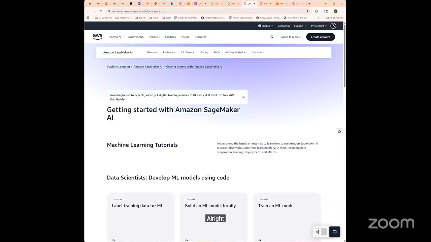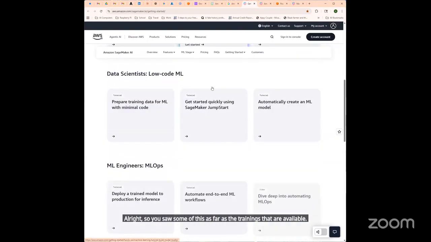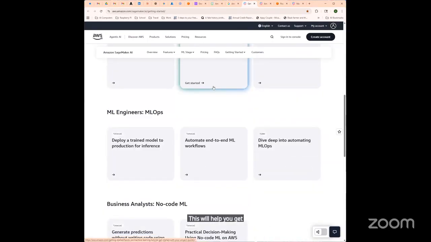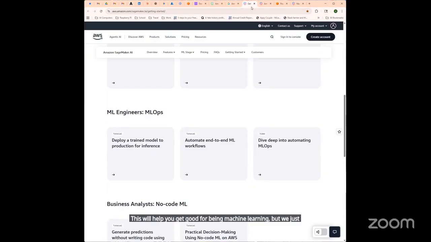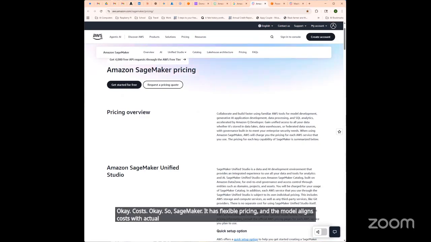All right, so you saw some of this as far as the trainings that are available. This will help you get good for being machine learning, but we just did a basic preview. All right, let's go into cost. Okay, costs. Okay, so SageMaker, it has flexible pricing, and the model aligns costs with actual usage, but understanding the different